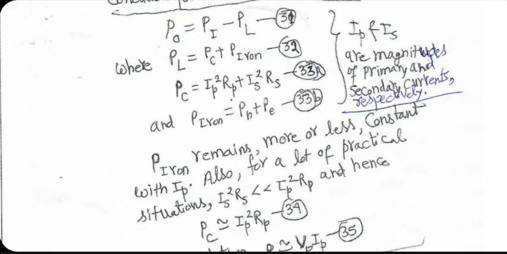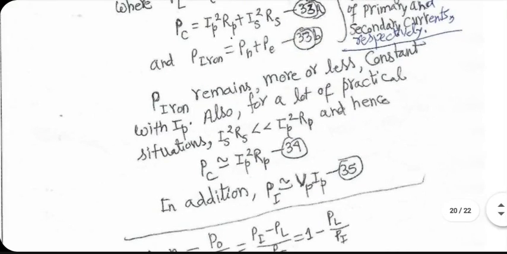Okay. So if iron loss is not changing with IP, and let's also assume, which is actually true in a lot of cases, that the secondary copper loss is not that high. Secondary current, in fact, secondary resistance, RS, is generally quite low. We are assuming stepping down conditions, of course. So the copper loss approximately can be written as IP square RP, supposing IS square RS is negligible. Okay. Under these assumptions,